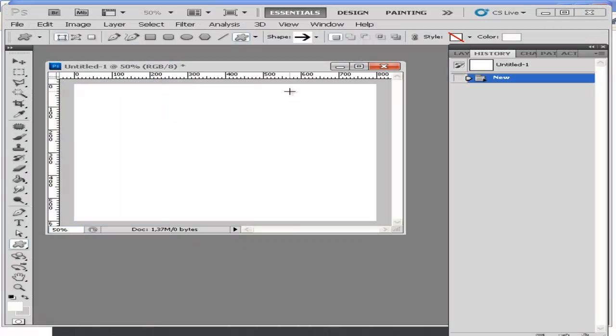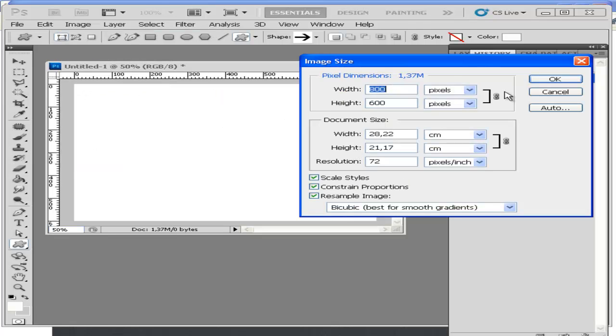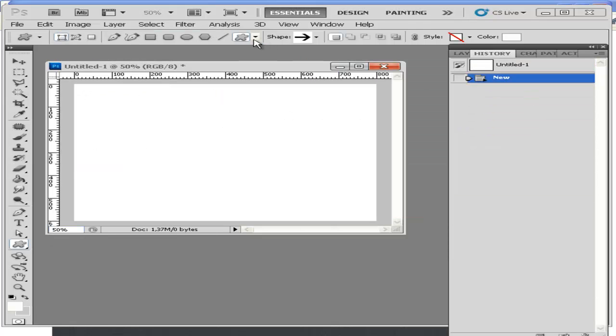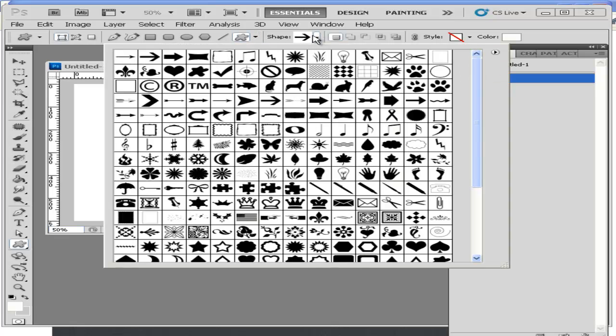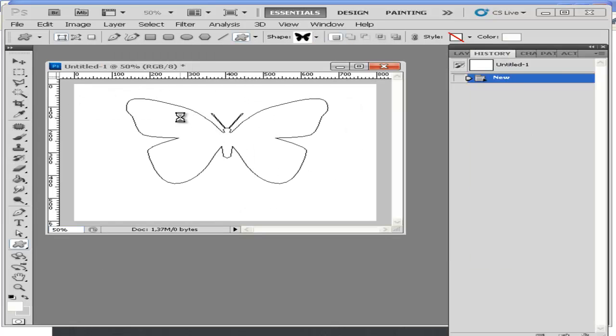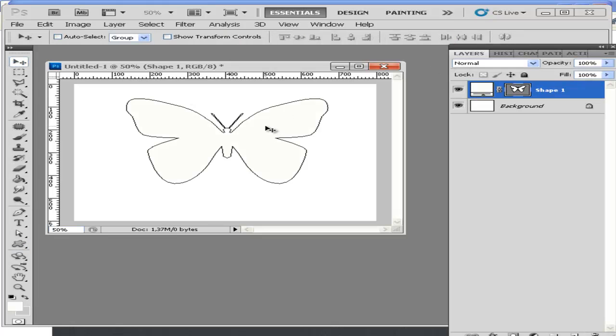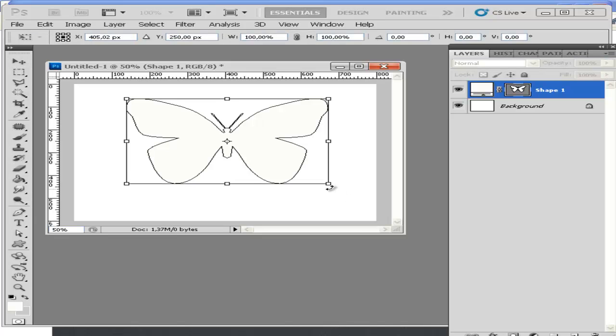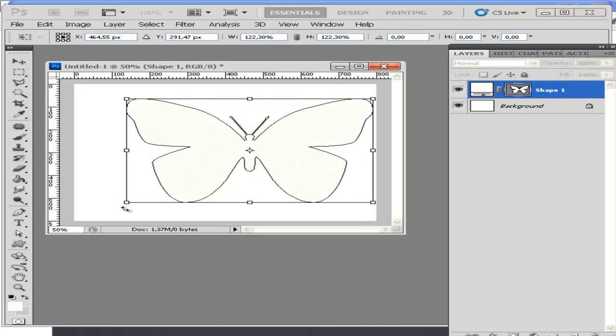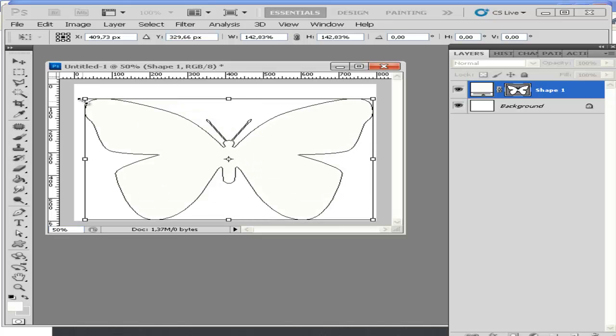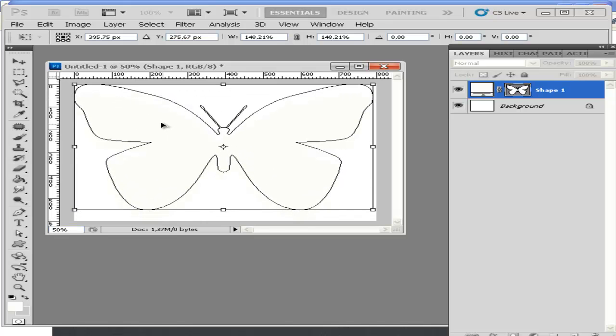It is very easy to create. I have an image here created in Photoshop. It is 800 by 600, and I will simply create one. I don't know. We can use something else from the Photoshop shapes. Maybe this butterfly. I will put this butterfly on the image. Let's put it to fit the size of this